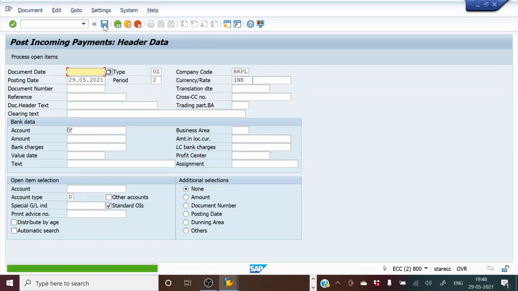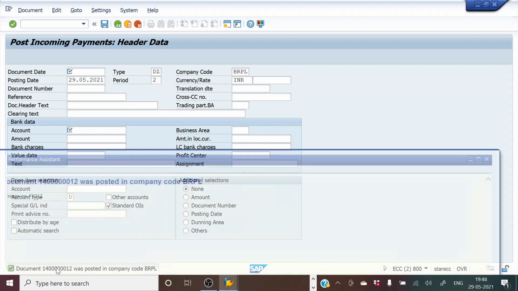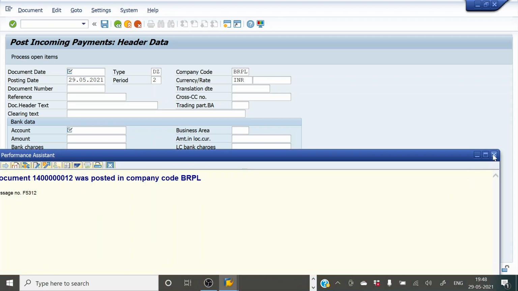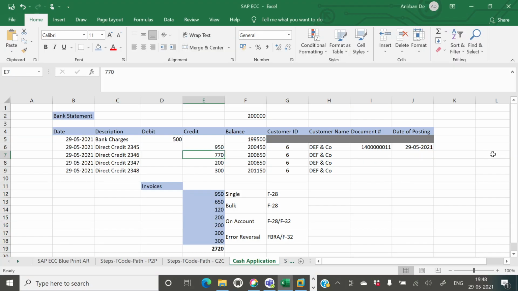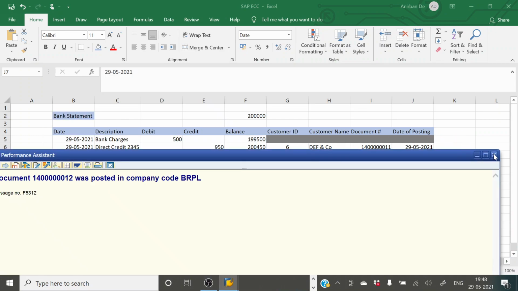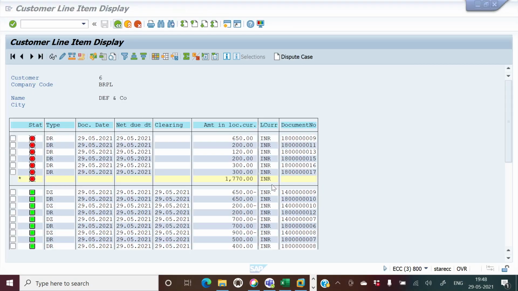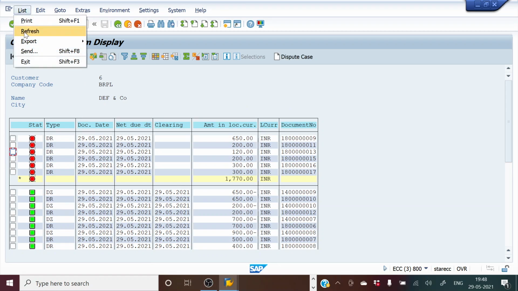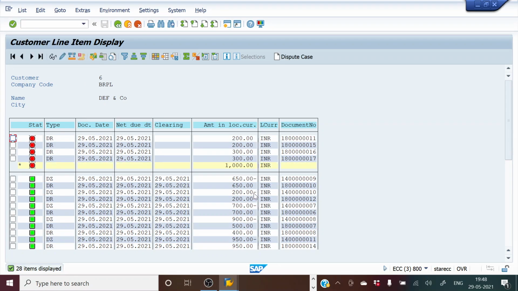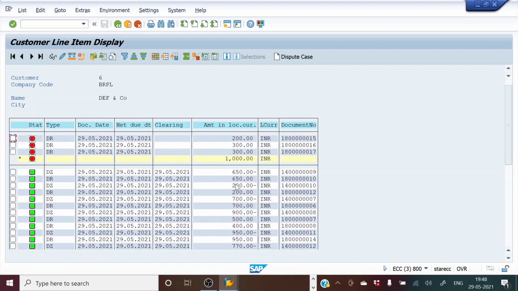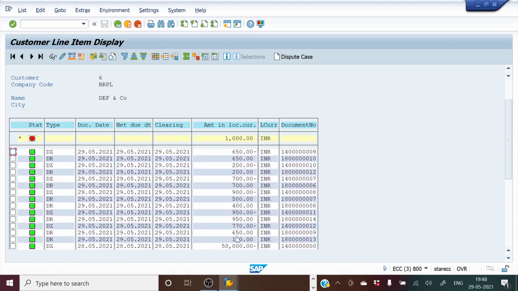So I hit enter. Now this one is 12. So instead of copying from here, I believe the previous one was 11. So I'll make this 12, and today's date, DEF and 6. Now I don't need this, and I'll go here and do a list and refresh. So if you see that 650 and this 650, let me check. See, the 650 and 120 have moved out. I guess this is the one, right?